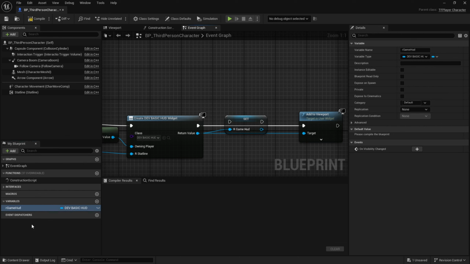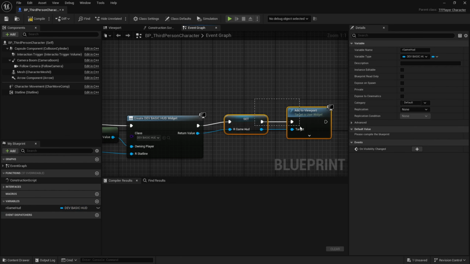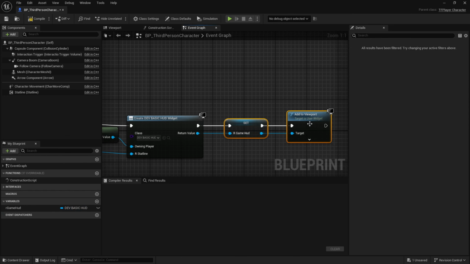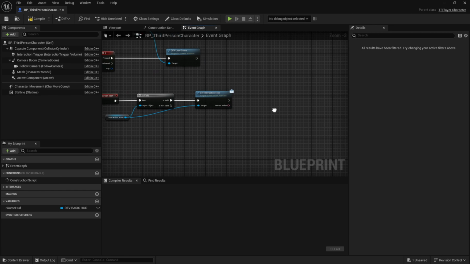Now the R here is just to indicate that it is a reference. We're going to change the flow path to here. We're going to remove that by clicking Control, drag that, and connect these two pins to set it up so that we're saving a reference to it, and then we're adding that reference to the viewport so that down here